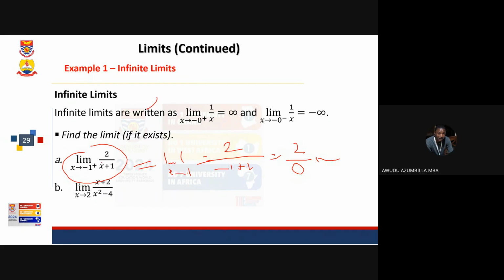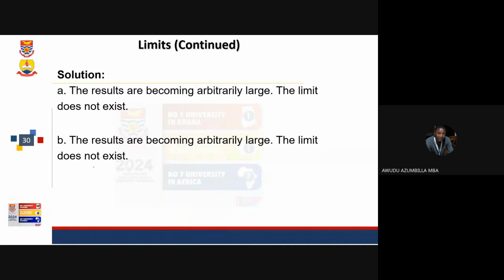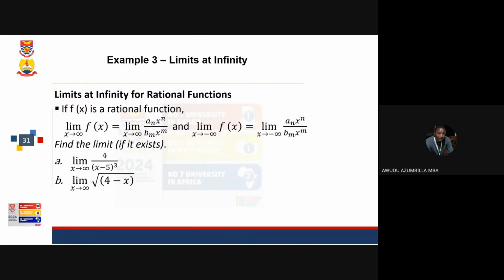This one too is 2. 2 raised to the power 2 is going to give you 4. 4 minus 4 is going to give you 0. So the whole of this one doesn't exist. So both functions don't exist. But there are some limits that will lead you to